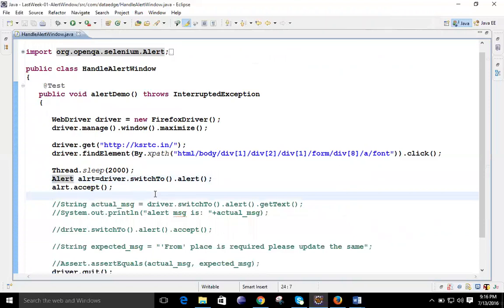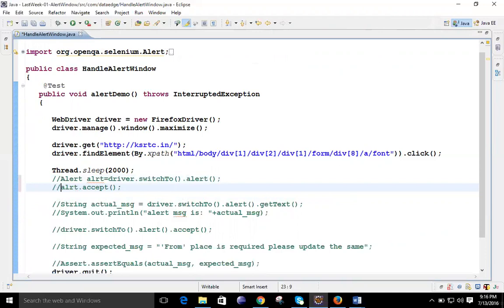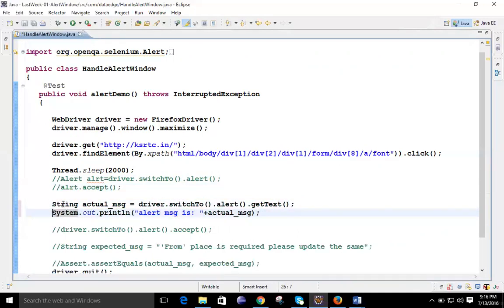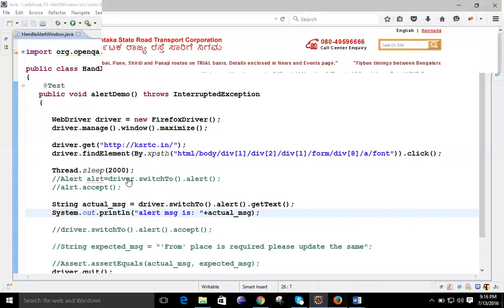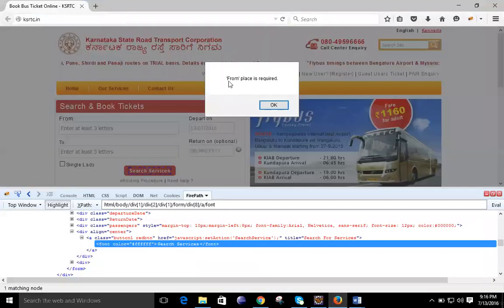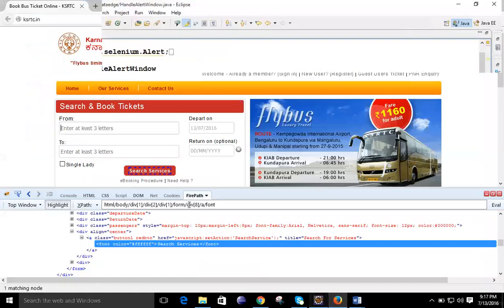Now I will show, by commenting this out, what other things we have for this type of work. See, this is the second case over here. You can see a string, we are taking one object as the actual value. What is the actual value? The value from this one, the actual value is "from place is required". Now we are taking this value into one object. How?